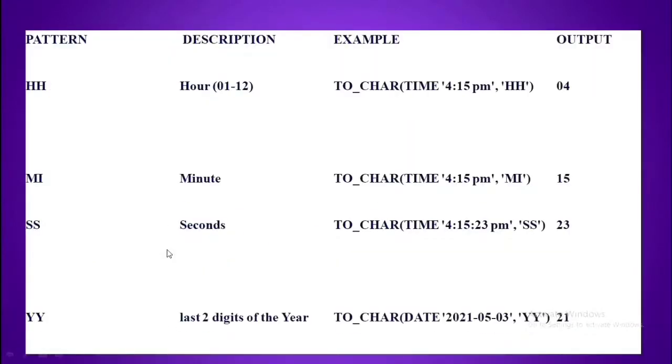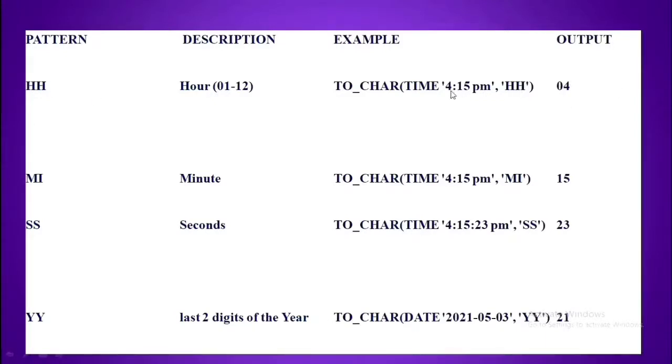Next, if you look at this example table, HH is the hours, and the example is to_char of time 4:15 p.m. The 4:15 p.m. is enclosed in quotations because this is a string data type. Comma, HH means hours. Only the hours are displayed in the output.